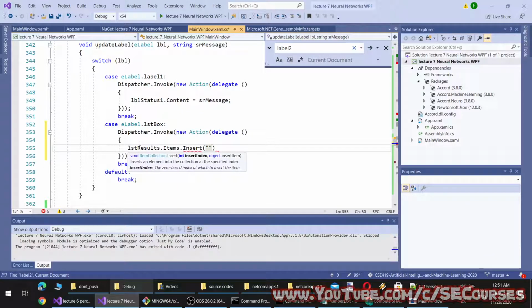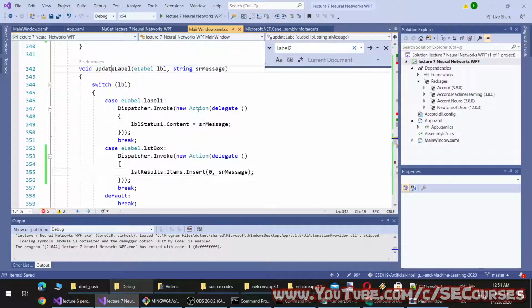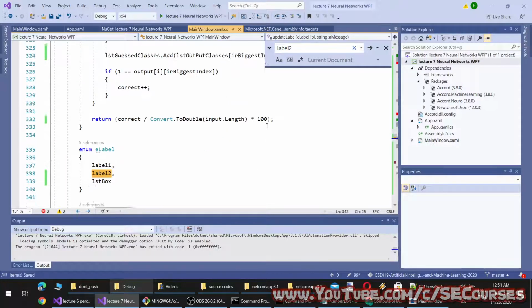Insert 0 and the message. Okay, and now I can use this as well.